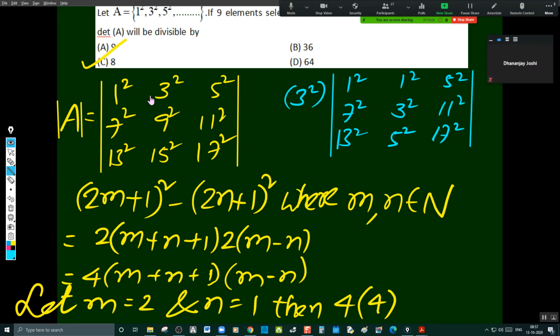Come on, tell me anyone please. Anyone tell me the value, because we got 8 as the answer, no doubt in that. Whether it is 64 or not, we are not in a position to decide through this. That's what I'm worried about. Sir, it will be divisible by 9 also, right? Yes, because 3 square is taken common, so it will always be divisible by 9.